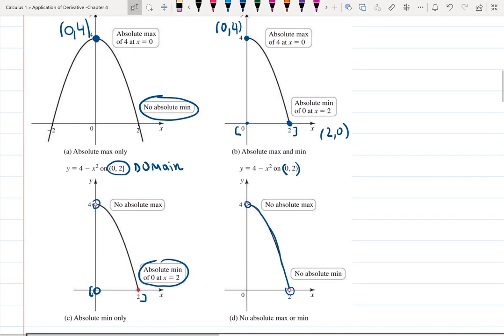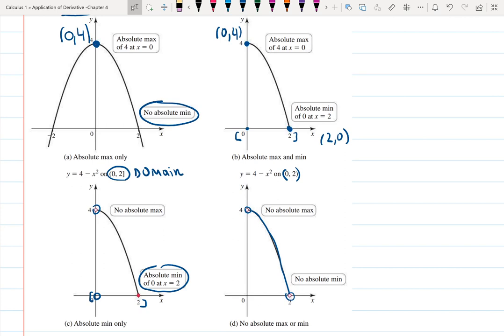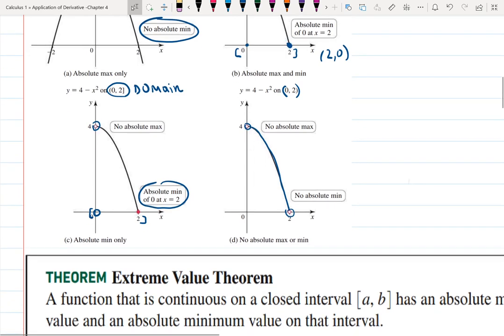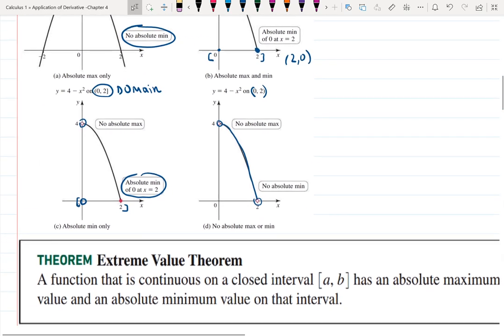Then mathematicians asked, okay, can I know which functions have extreme values? Because we're going to give you tests to identify those extreme values, and I don't want to waste time on a function which doesn't even have any. What if I don't have a graph? Can I have a straightforward way to say, this is the function I will be working on because it has some kind of extreme value? Yes, there's the extreme value theorem, which says